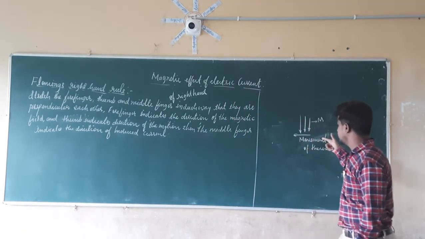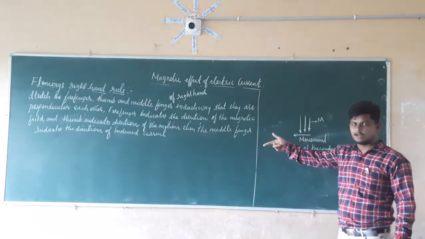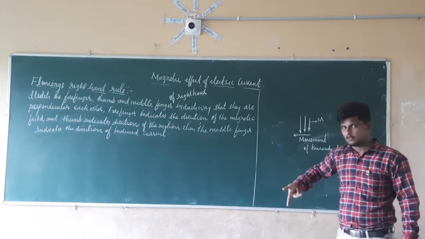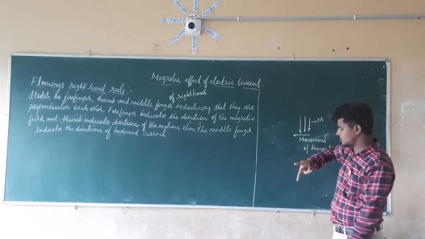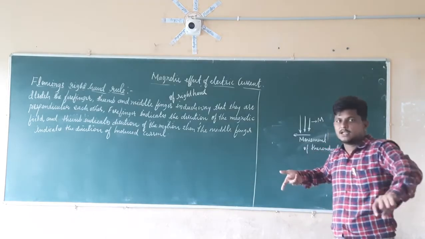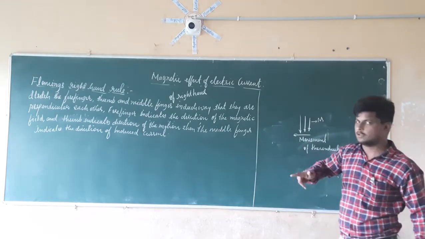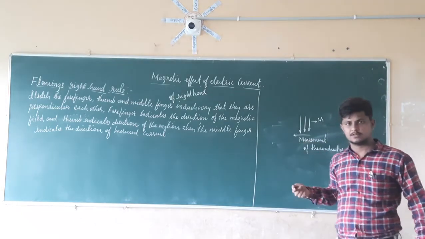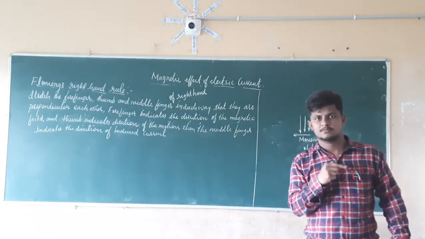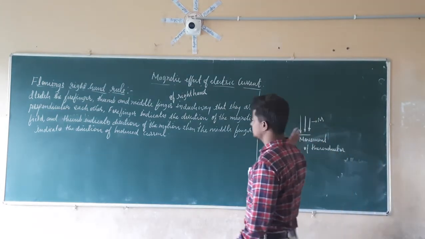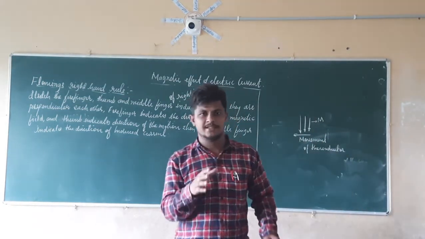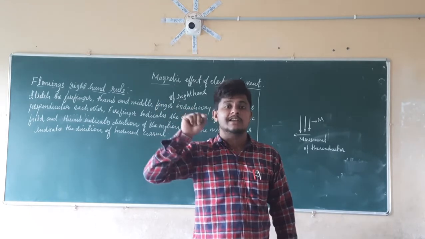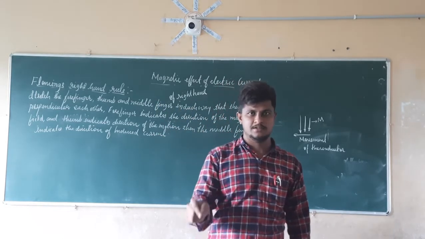Now see here, in which direction is the movement of the conductor happening? From left to right. And the magnetic field direction is from top to bottom. See here, it is the magnetic field and this is the movement of the conductor. And in which direction is the current coming? The current is coming outwards from the board. From inside the board it is coming outwards. So the direction of the current is outwards. So this is about the Fleming's right hand rule. In the examination, if they ask, you have to use your right hand in such a way that it gives you the direction of the induced current.